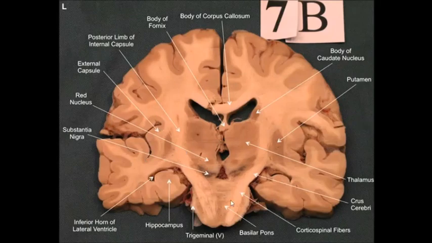Look at this diagram very carefully. This is a very good diagram, and I would like you to pause it and appreciate all the labelings and the markings here. This is the thalamus, obviously you can see and appreciate it here. This is the part which was hidden from the outside view, the insula, and you should appreciate how the grey matter is folding and gyri and sulci are forming.